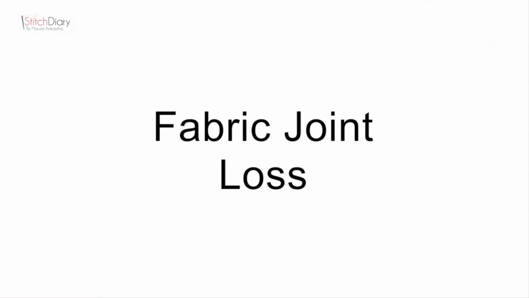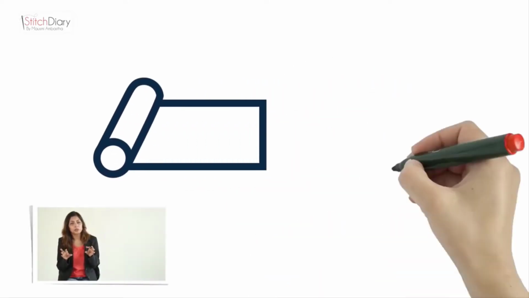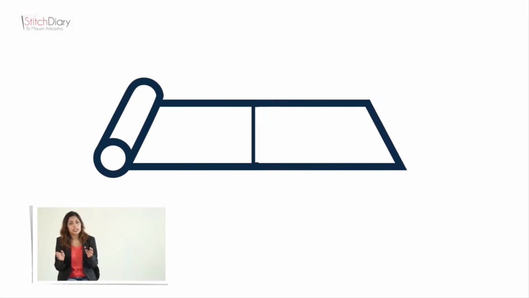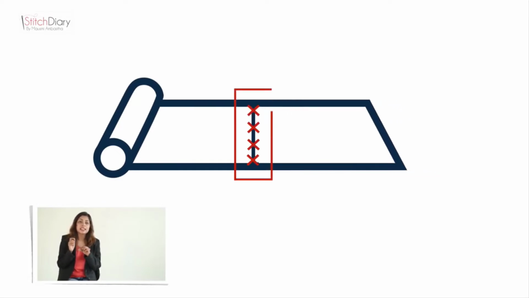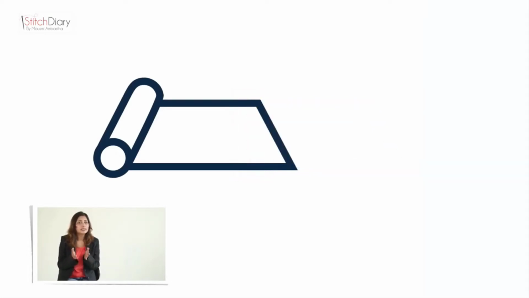The second loss we are going to talk about is fabric joint loss. Sometimes fabric manufacturers join 2 smaller fabric rolls to make a big fabric roll. They stitch them together. This is essentially done for various technical requirements like dyeing, etc. and sometimes to make all the rolls being supplied by them of the same length. While spreading, if this comes in between, you can't do much about it. You have to cut it and throw it away. This is an unavoidable loss that we have to bear.